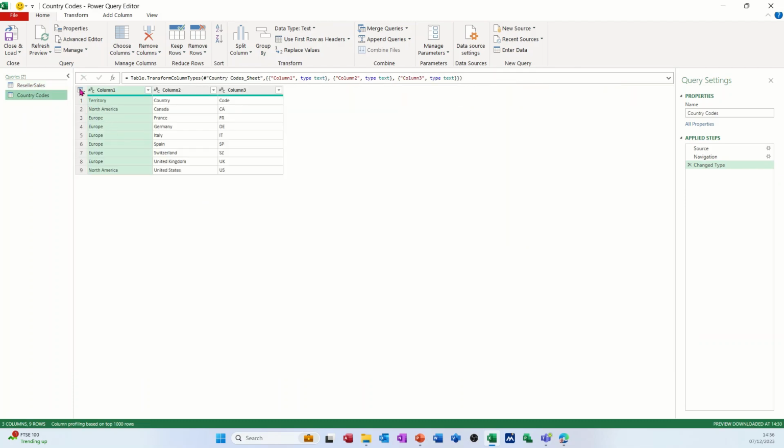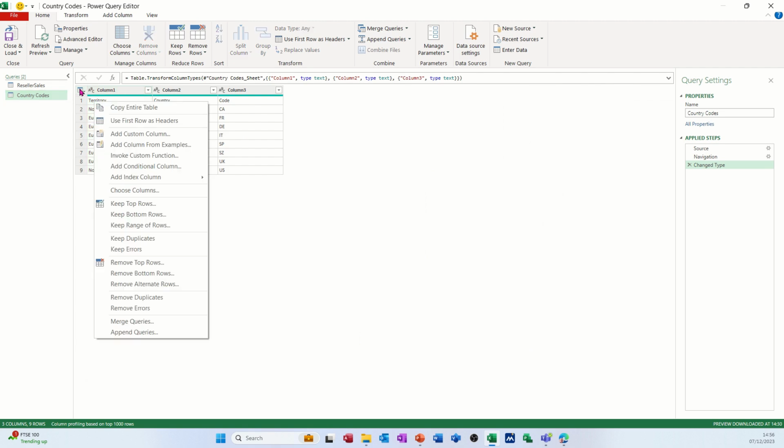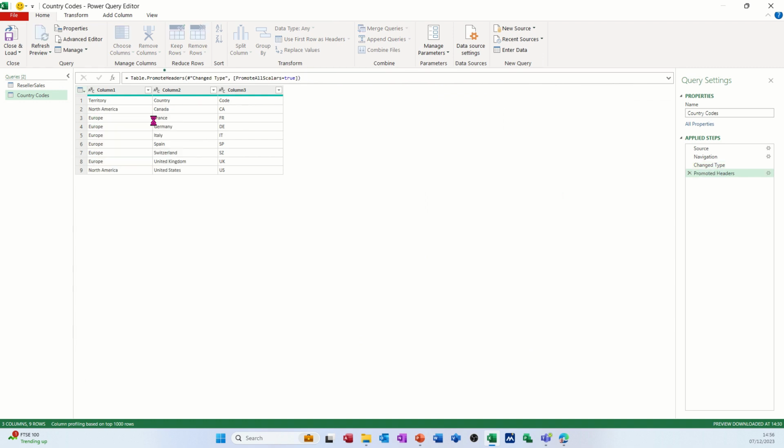Then what you have to do is just click on this little button here and then select use the first row as headers, and then they will become the columns. So that's the title for each of these columns. So this is the code. This is the column that I want to be in the other table. So what we've got to do is go back onto that one,